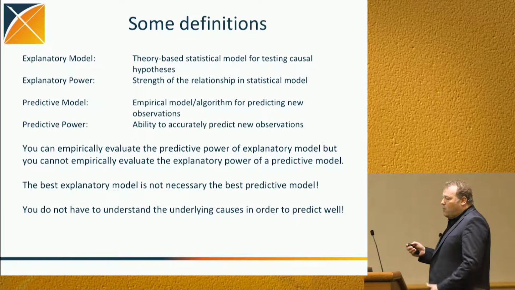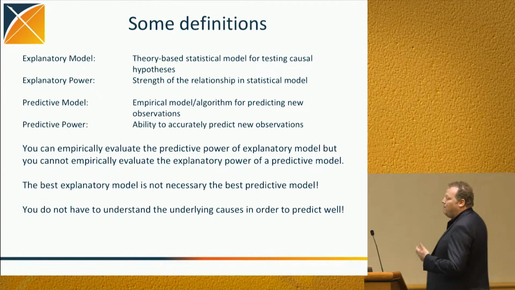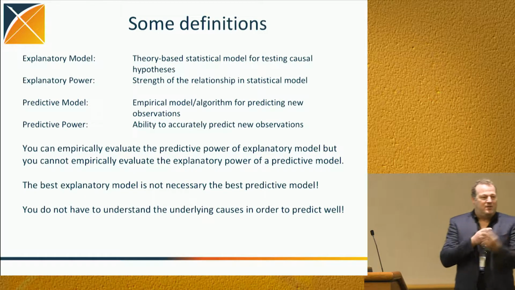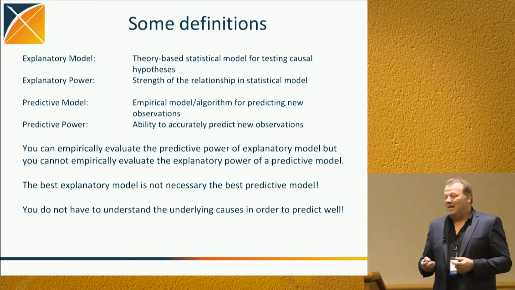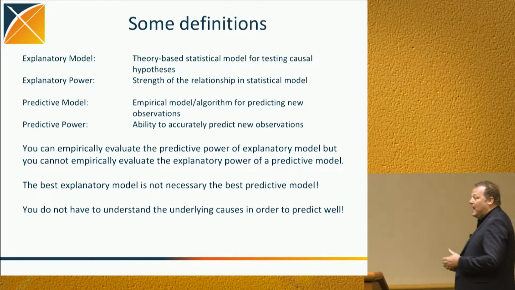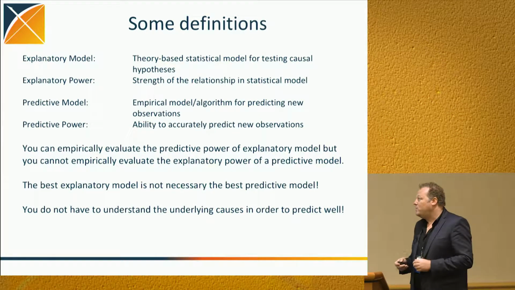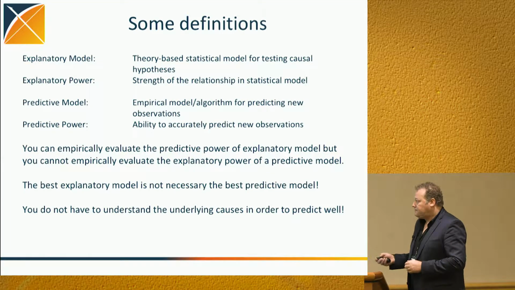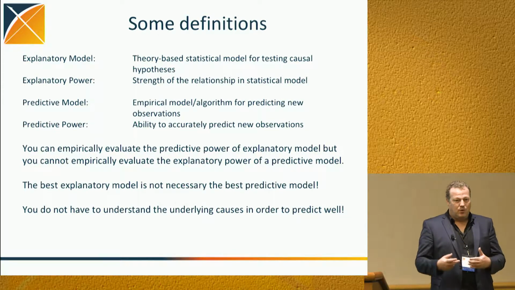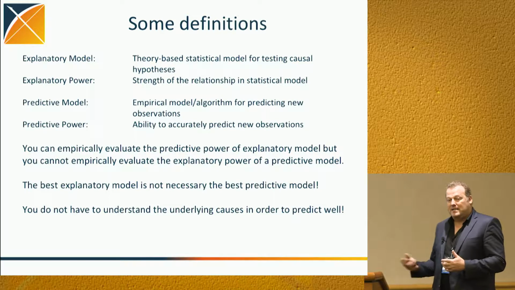And of course, you can empirically evaluate the predictive power of an explanatory model. That's fine. But the other way around doesn't work. So you cannot assess the explanatory power in all its level of detail that you would like in a predictive model, because we do not assess the causal inference or the causal effects. It also means that the best explanatory model for looking at causal effects may not be the best one to predict outcomes